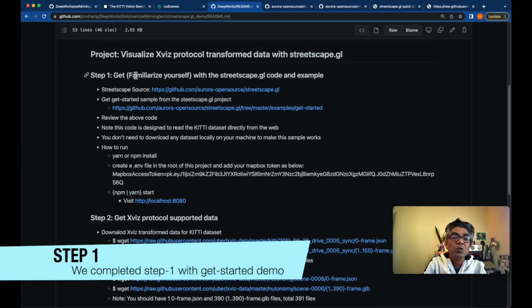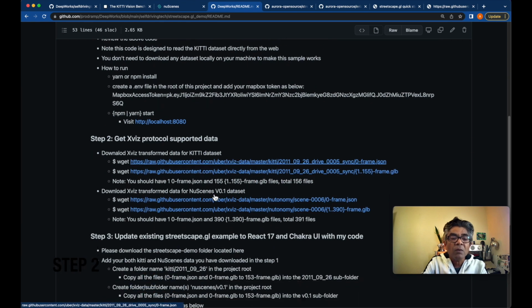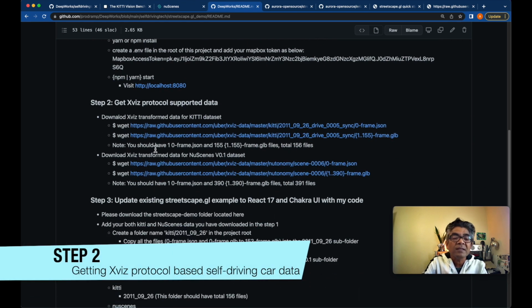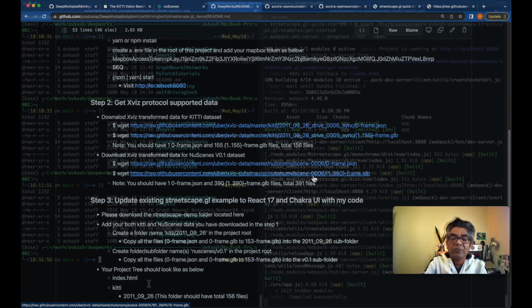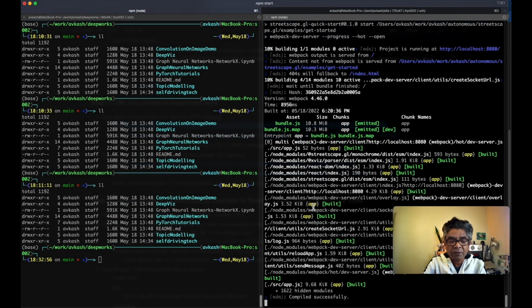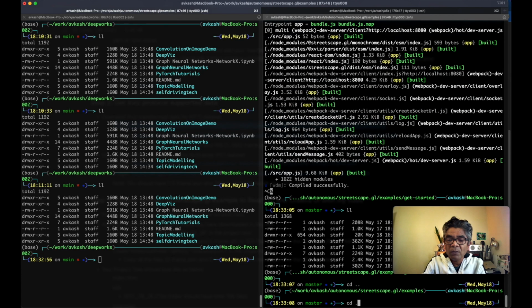So step one, you got yourself familiarized with the Streetscape.gl code and the example which we have covered. Now in the second step, we need to get this data. It means we need to get the KITTI data frame, and here you see frame JSON, and all the GLB files. For the NuScenes dataset, we need to get these frames, and we also need to get these 390 frames for the scenes. Here we do not need this at this point. I will close it. I will just go two levels back,